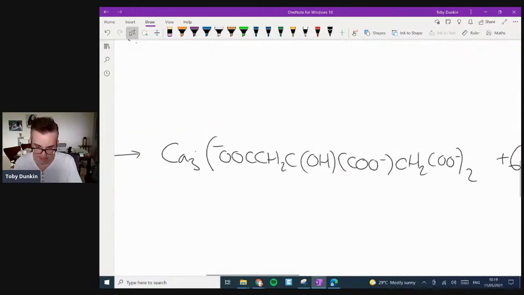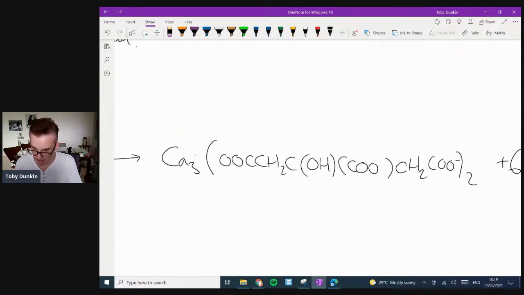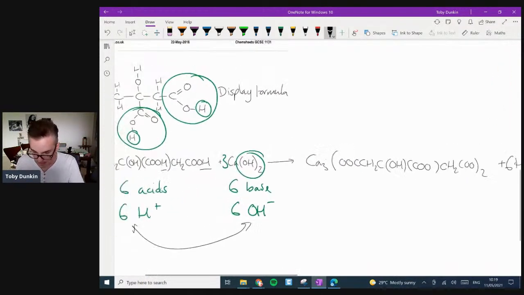Oh, you don't actually need the charges in that. If anyone's curious, you don't actually need the charges in it because you don't show the charges on the calcium. It's just I'm doing it. Anyway,